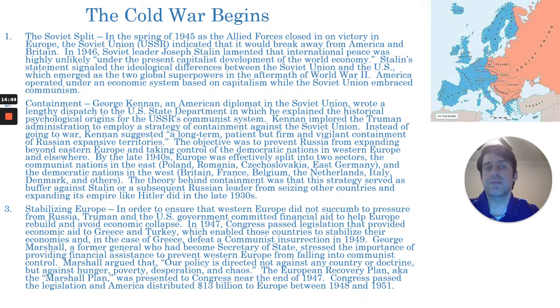Reading between the lines, what he's basically trying to say there is that if the European countries in the western part of the continent are able to stabilize their economies so that their people are not poor and hungry, but rather can make ends meet and survive and thrive, or at least get on the road to thriving economically, then there will be no need for them to